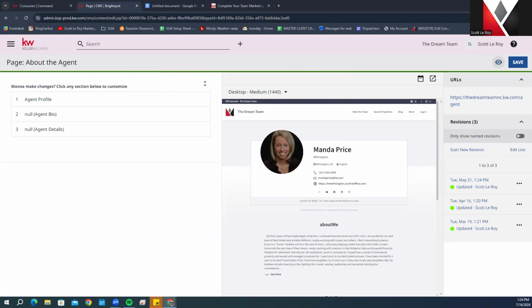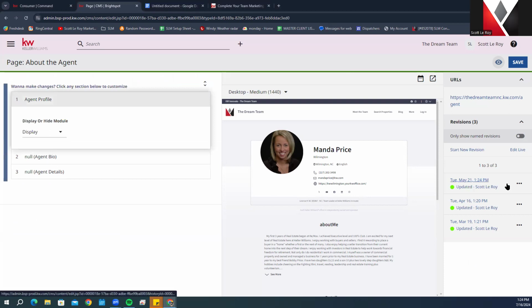So this is going to pull in the Rainmakers information. If you are wondering why it is not showing your headshot photo or your details, that's because it's pulling from the Rainmakers details. And those will need to be adjusted in the Rainmakers personal marketing profile. Now you do have the option to hide these items